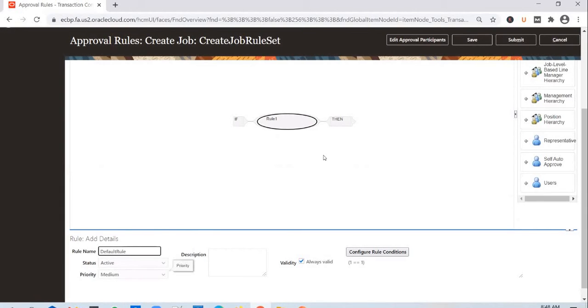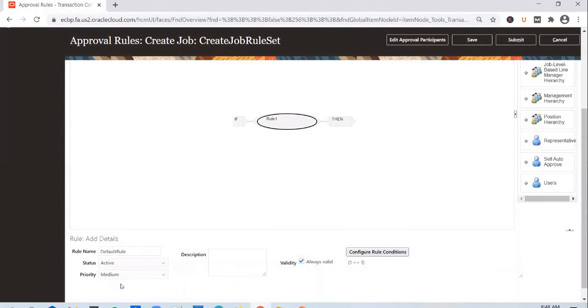In case you want to momentarily turn off any rule on a temporary basis, you can make it inactive instead of deleting it. And you can assign priority to the rules. This comes into the picture when you have multiple rules. This priority is given to help us set the order in which the rules need to be executed.